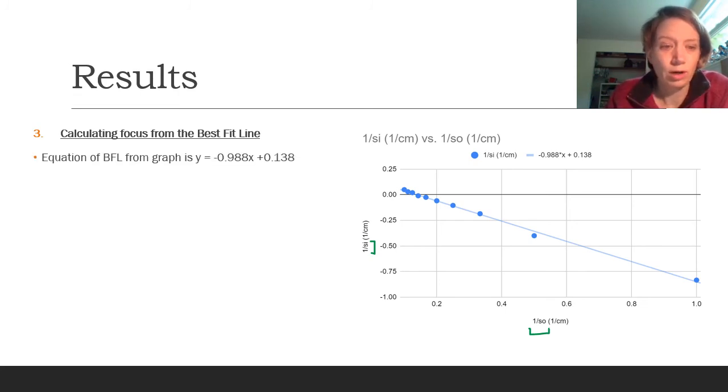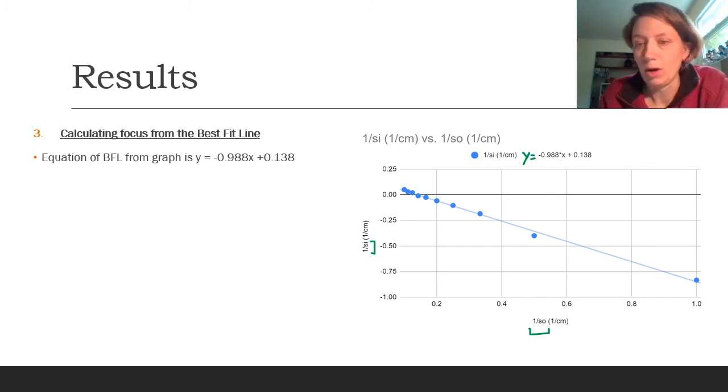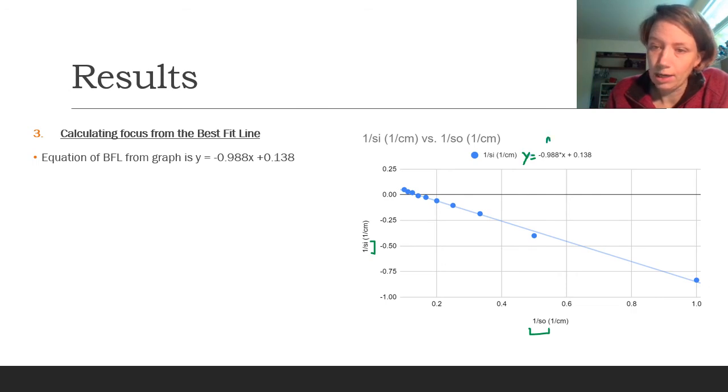And to do that, we're going to be using the best fit line. So again, I turned on this linear regression fit on Google Sheets, and I had it print out the equation. That equation should be in y equals mx plus b format. So we add a little y equals, and in the equation, that's your m. That x is going to be whatever value you put on your x-axis, and then, of course, that's your b